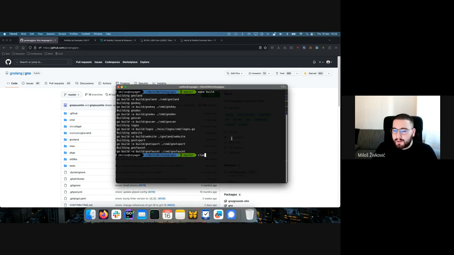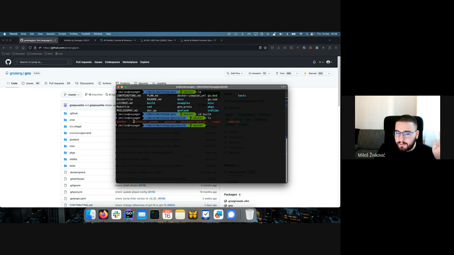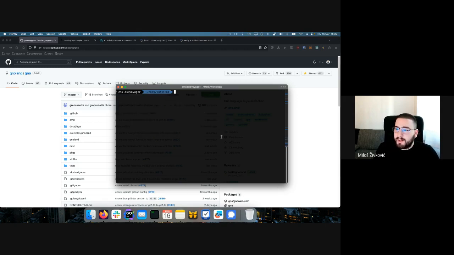So now that we've actually built out these tools, if we look into our repository, we have this folder called build. Inside the build folder, we have these binaries called GnoDev, GnoFosig, GnoKey, Gnolang. These are different tools that we're going to use for development, and we're going to explain the majority of them here. But one thing before we do that, now that you've built out these tools,